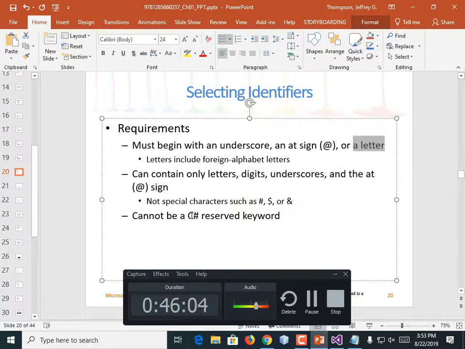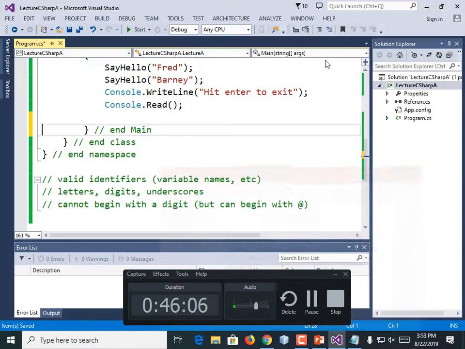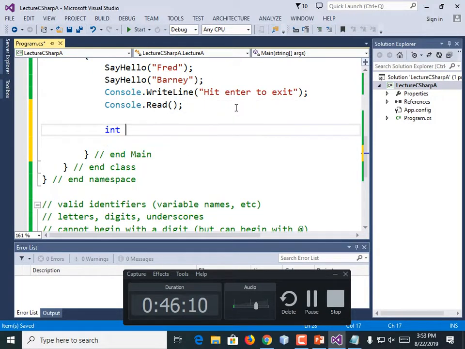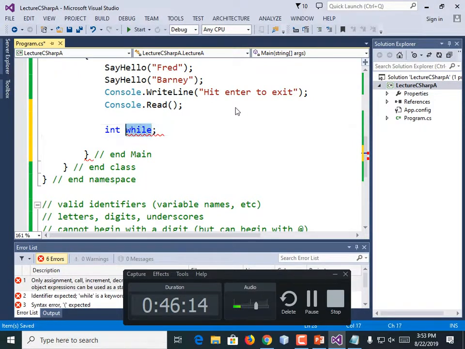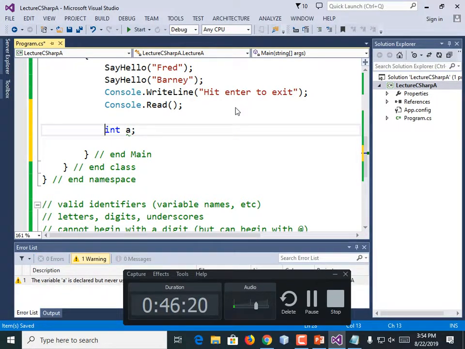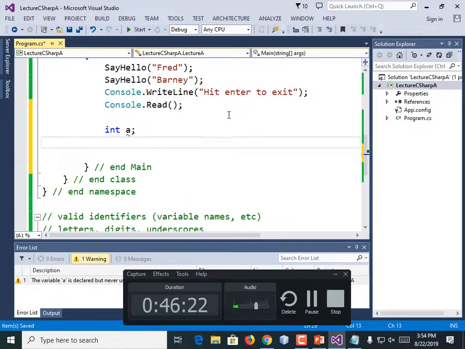Variable names cannot be a reserved keyword. I cannot call a variable if or for or while, right? Int while. Nah. See, it even lit it up with a different color, you know. Our variable name should have been black by the time we were done with it. I'm going to create a variable called A. Just to leave it there. Or I is a good variable name. Or why not call it age? We might ask the user for their age.